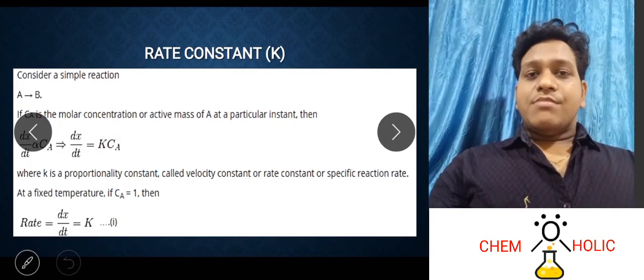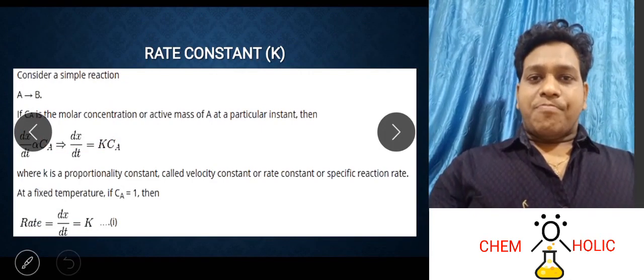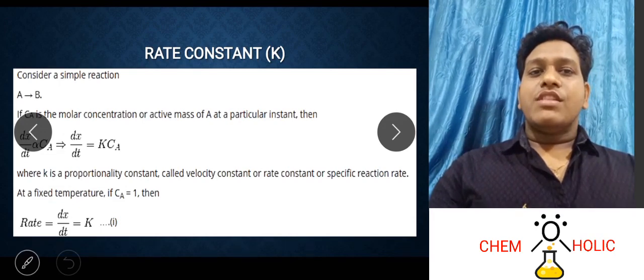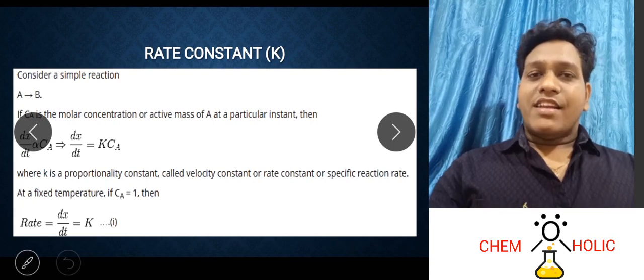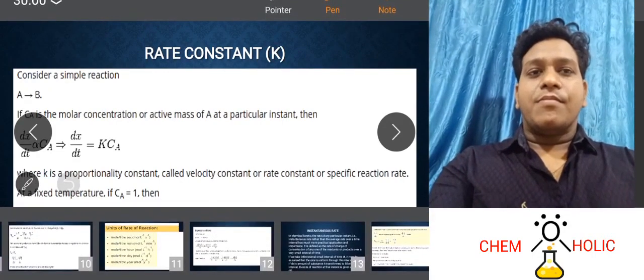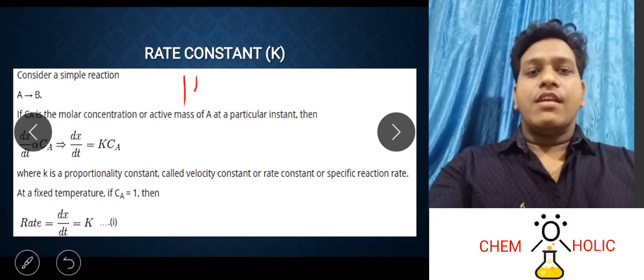Okay, one more term comes, that is the rate constant. Before studying the rate constant, we should understand a topic called rate law. Rate law is nothing but working on the basis of the law of mass action. As we said, the rate of any reaction is equal to